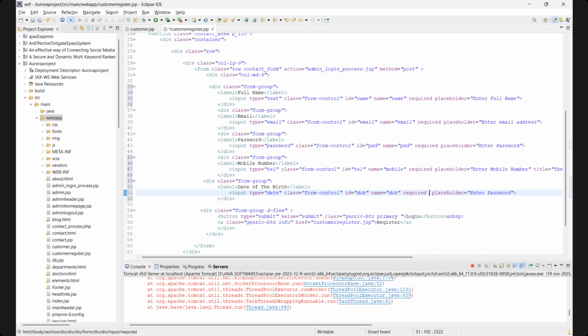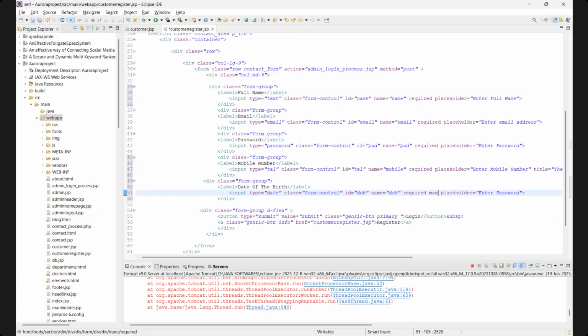And here also, if you want to keep the constraint, like if you want to allow the user to give only previous dates as the date of birth, not the present and after dates. After dates also you don't want to give any actions to give the dates. So you can just simply take the